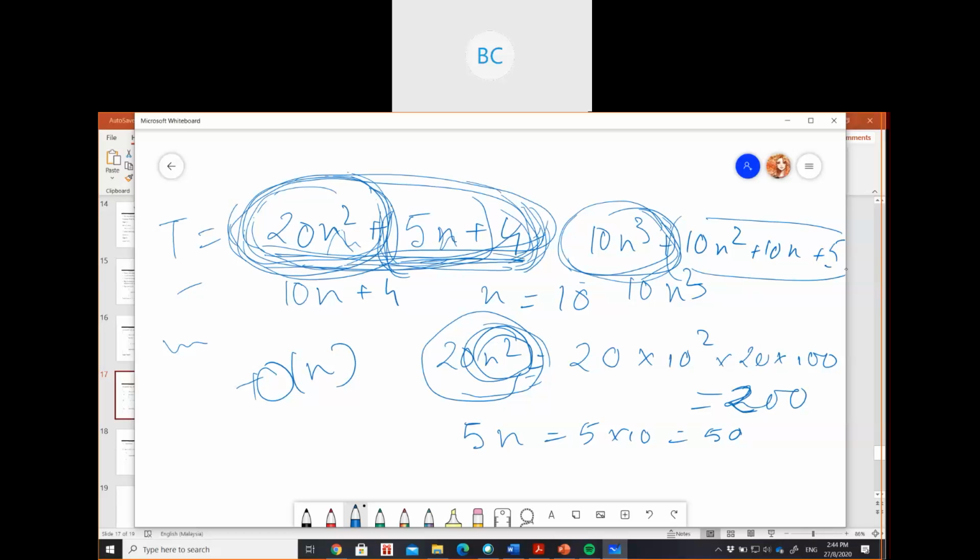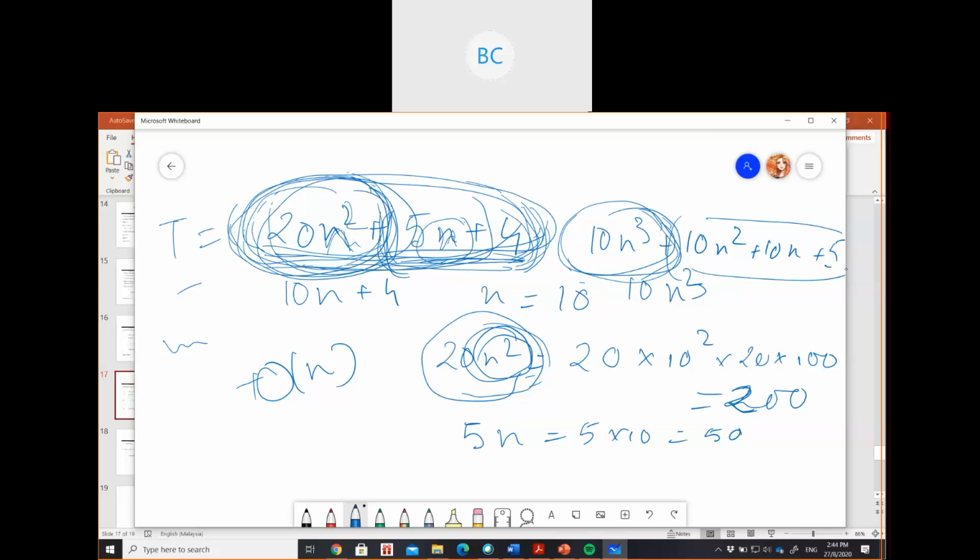We can just think about this one, because only this n square term is giving you the maximum execution time, because it grows along with the input size. This one is also growing with the input size, just not as much as this one.